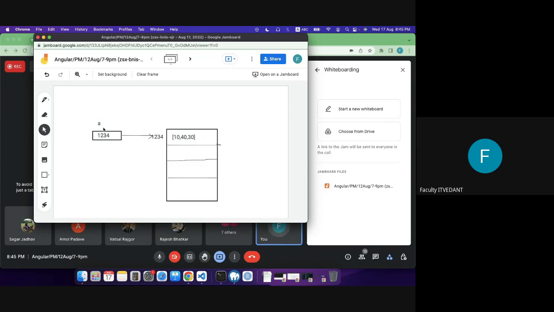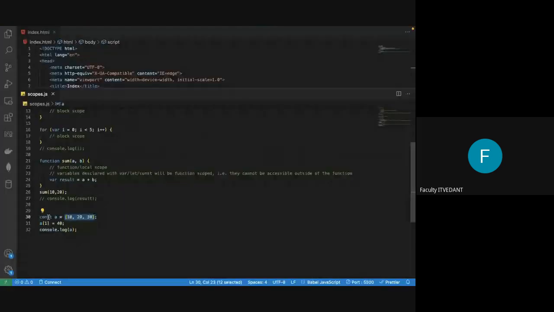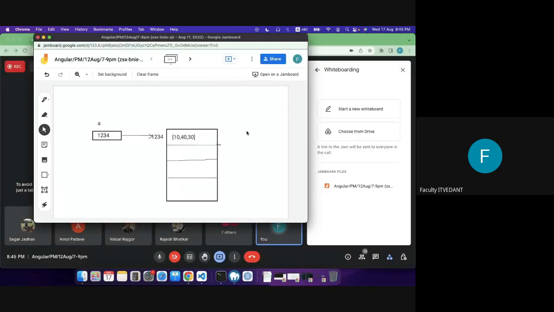But your reference, the value inside a, is the same. It is 1234 only. The value inside a is not changed. So that's how you can change the value even if you are using the const keyword. That's because the value is assigned by a reference, not assigned by a value. Got it, everyone? How the value is changing